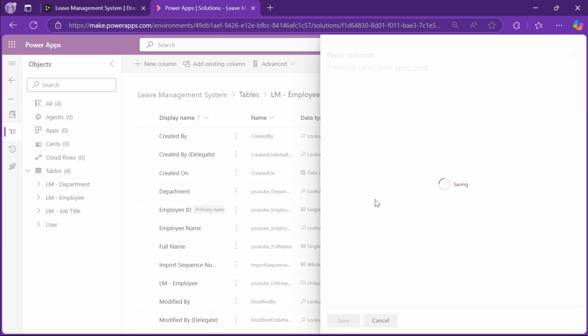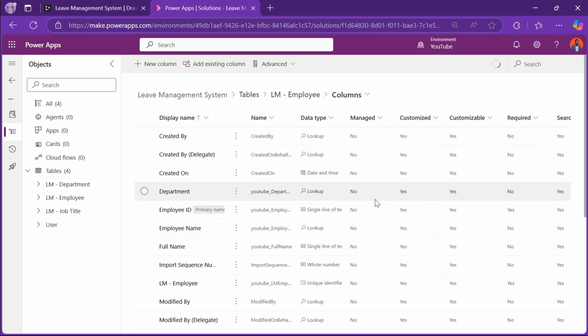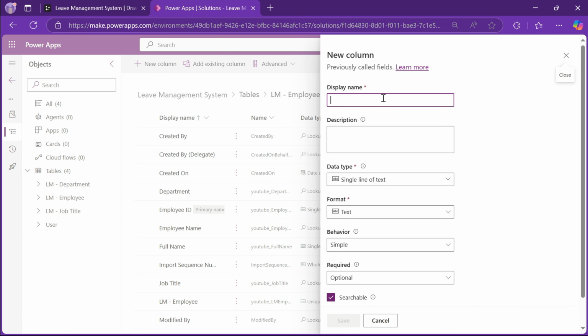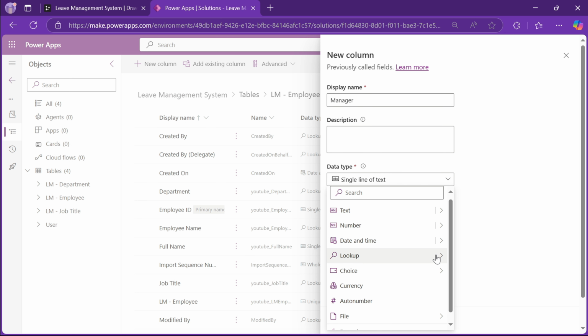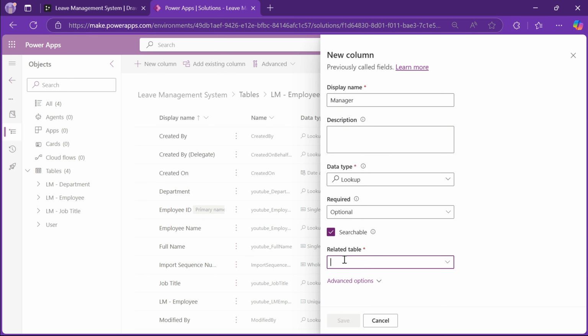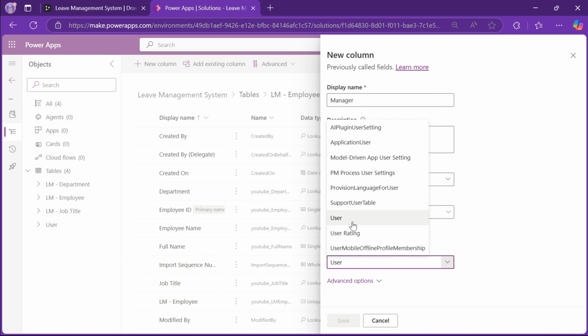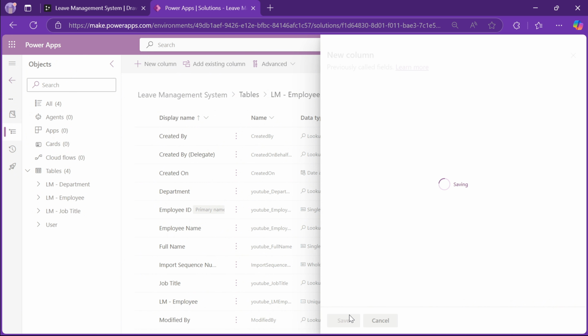And then we also have to indicate who is the person's manager. So you can add a new column and give it a name of manager. This one is also a lookup. We can look up from the users table. So now that we've added all of our columns in our employees table, let's go ahead and add all those